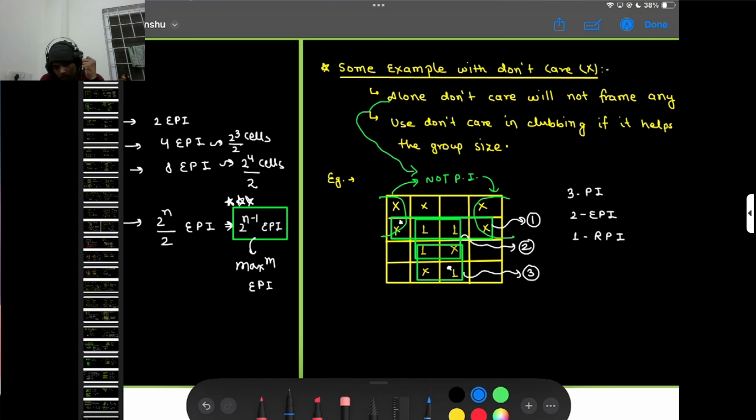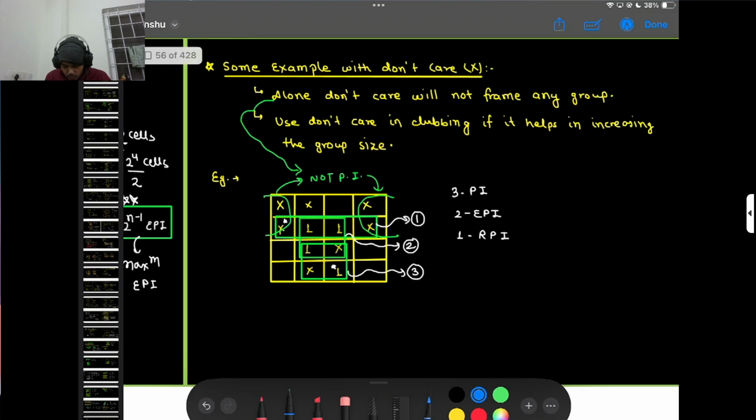Yeah, example with don't care X. So hello don't care will not frame any group. Use don't care in clubbing if it helps in increasing the group size. Okay,